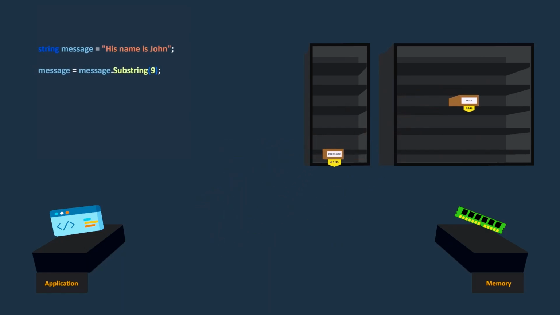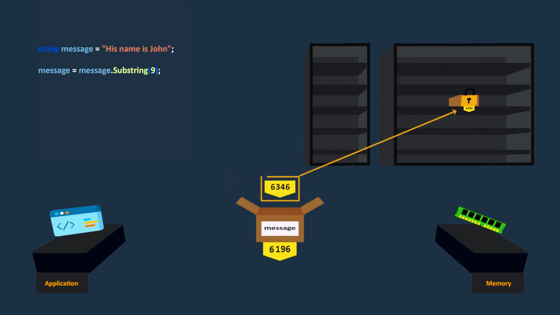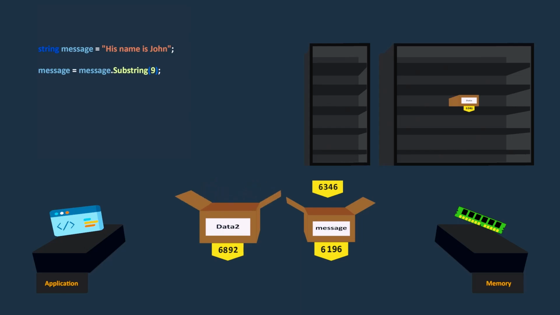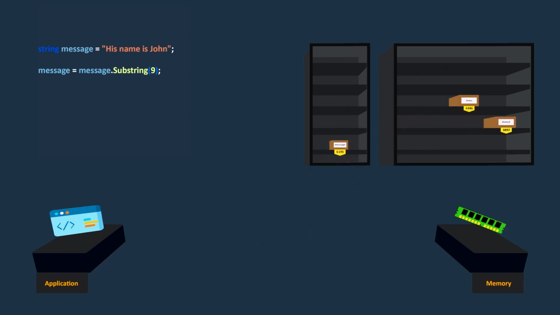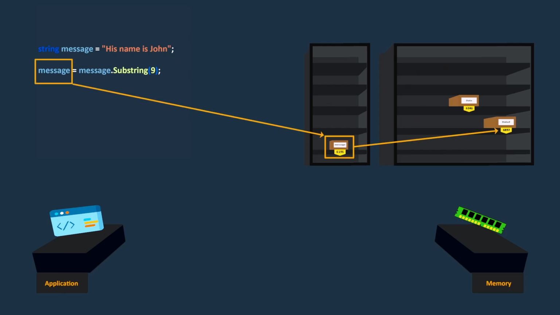Next, when we reassign the message variable, the CLR does not change the original string because strings are immutable. Instead, it allocates new memory space and puts the new string data into it. Afterward, the memory location of the new string data is put into the message variable. So, the message variable does not refer to the original string anymore, instead refers to the new string. This is exactly why, even though the value of the message variable changed, we still say that the previous string has not changed and the substring method has created a new string.